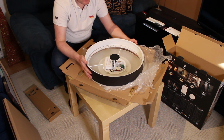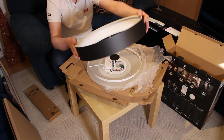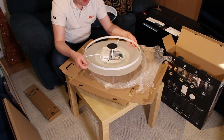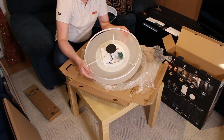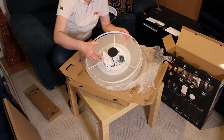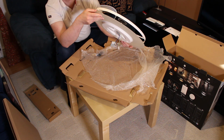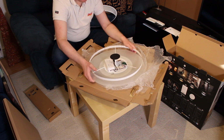Now, the side panel is loose at the moment because this is not fixed in, so this is the actual side ring that forms the outer edge of the lamp. And if we have a look at the actual light unit itself, this is the part that's going to go on the ceiling, and you can see here that what you've basically got is an array of LEDs in a ring around the outside, and then the control unit and electronics inside, and then we've got the light fixtures dangling down here. Now, if I just put the outer ring back on,